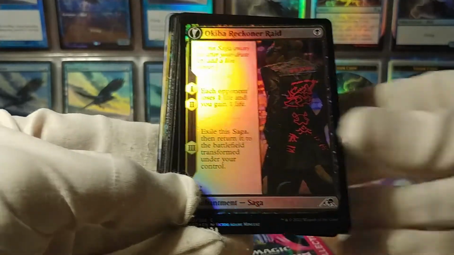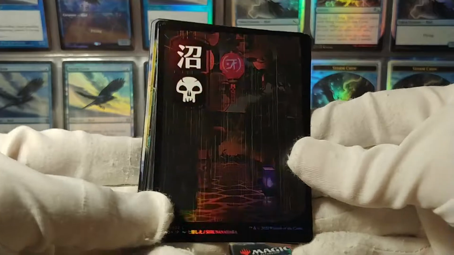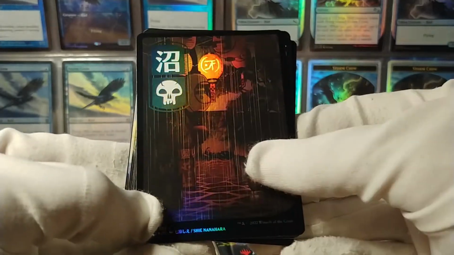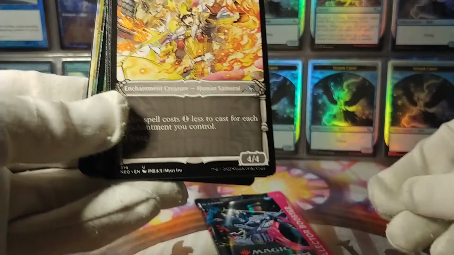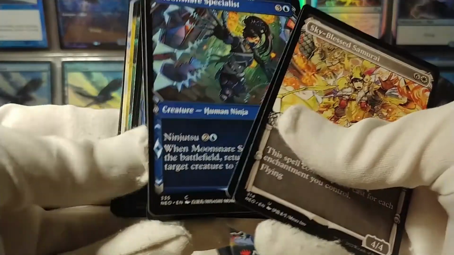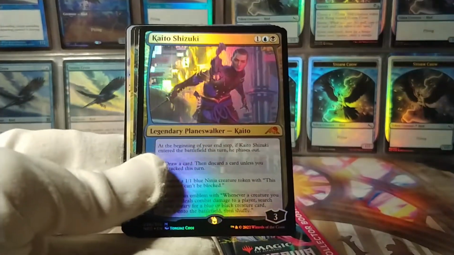Okiba Reckoner Raid, which flips into Nezumi Road Captain. And this is the first duplicate of the basic lands that we have seen. This is the swamp that we started with, which means that we must have opened all 10. Sky Blessed Samurai, Reinforced Ronin, Moon Snare Specialist, Mukotai Ambusher, and here we have a...